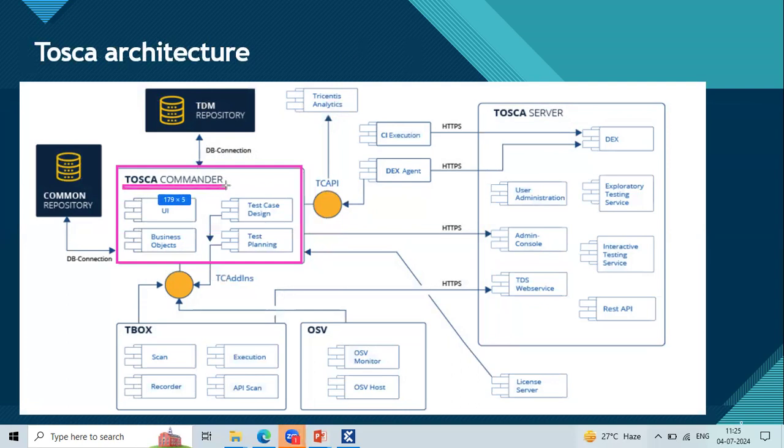If you learn this Tosca Commander end to end, without any coding language, pin to pin, that is your experience. Server configurations, repository configuration, TDM configuration, T-box, OS, all these things will be covered as part of this training, okay? But the common thing is Tosca Commander. If you know Tosca Commander end to end, that is what makes you experienced.